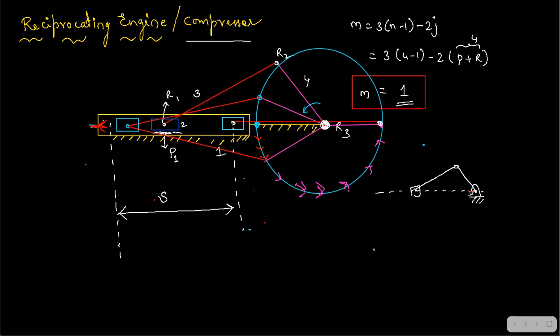Two extreme positions means this is your crank and this is your connecting rod. Let me draw with some other color. Connecting rod, let's draw with yellow. They both are in the same line. For example, this is one extreme position. Then the next extreme position will be on the other side, when the crank is turning in this manner and coming to this extreme position.